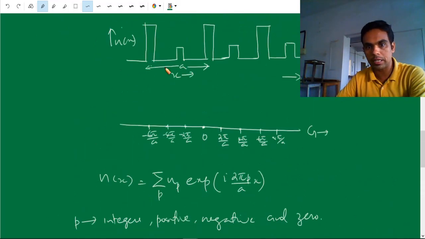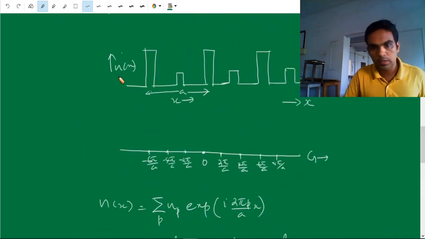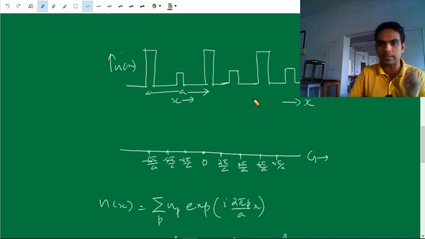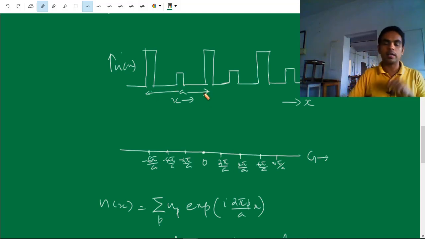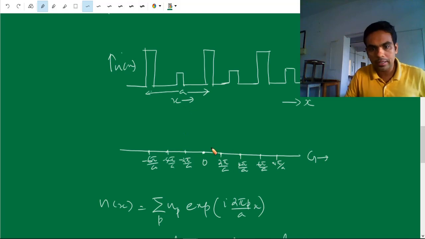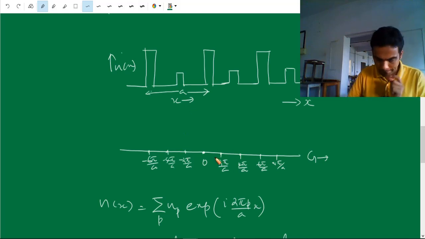So we can compare the real lattice and the reciprocal lattice once more. The number density of a one-dimensional crystal is shown in this figure. Here this is the x direction. Only one axis is there, it is a one-dimensional crystal. So this axis is the x-axis, and the periodicity means the crystal repeats after a distance a. Correspondingly, in the reciprocal lattice, the dimension is proportional to 1 by a. That's why it is called a reciprocal lattice.